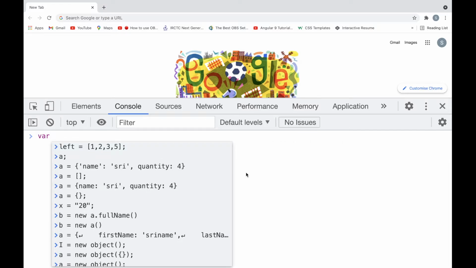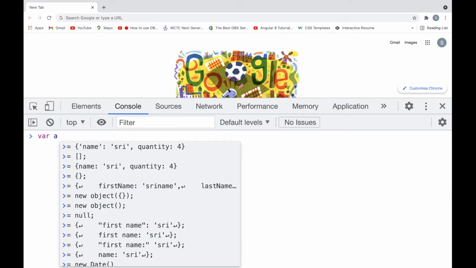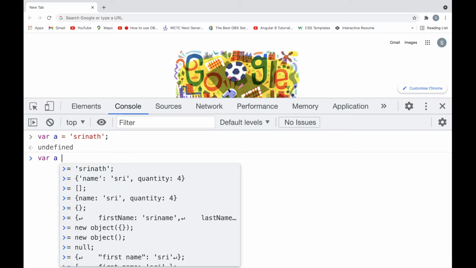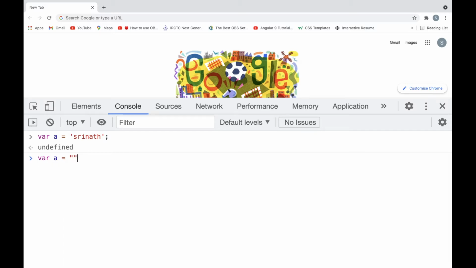Let's say var a equal to strings, we will write like this. This is one example of a string. Similarly, one more example with double quotes. In the before example I used single quotes, in this I use double quotes.